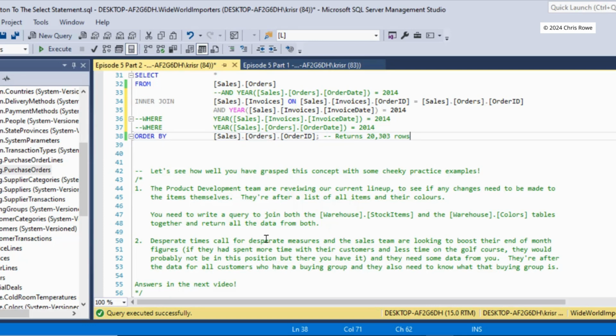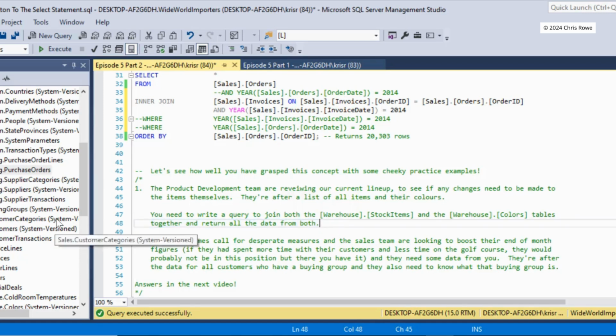Number one, the product development team are reviewing our current lineup to see if any changes need to be made to the items themselves. They're after a list of all items and their colors. So you need to write a query to join both the warehouse stock items table and the warehouse colors tables together and return all the data